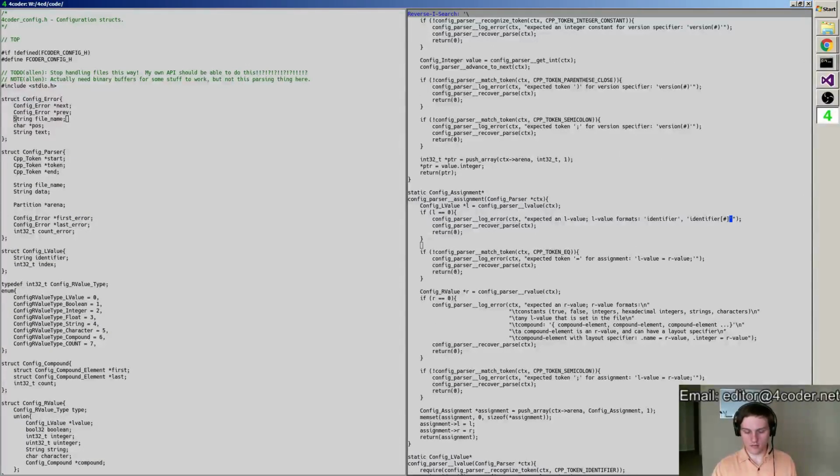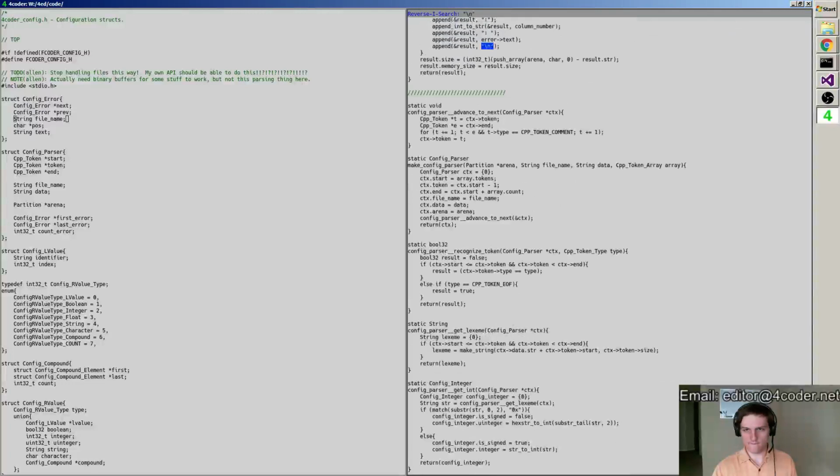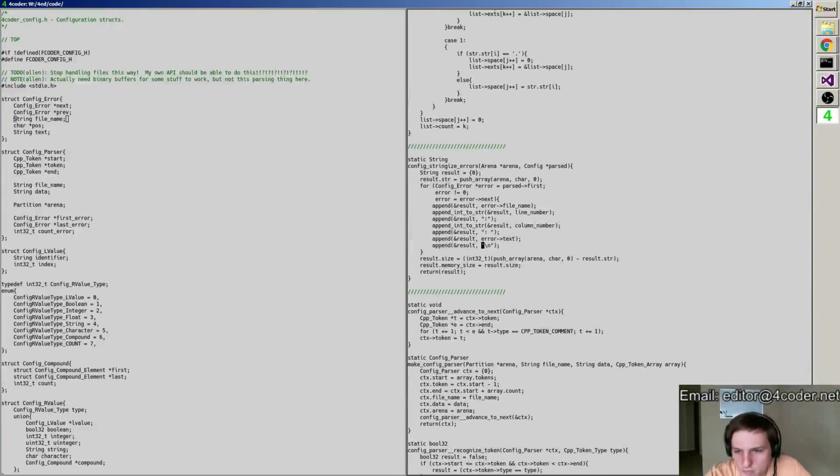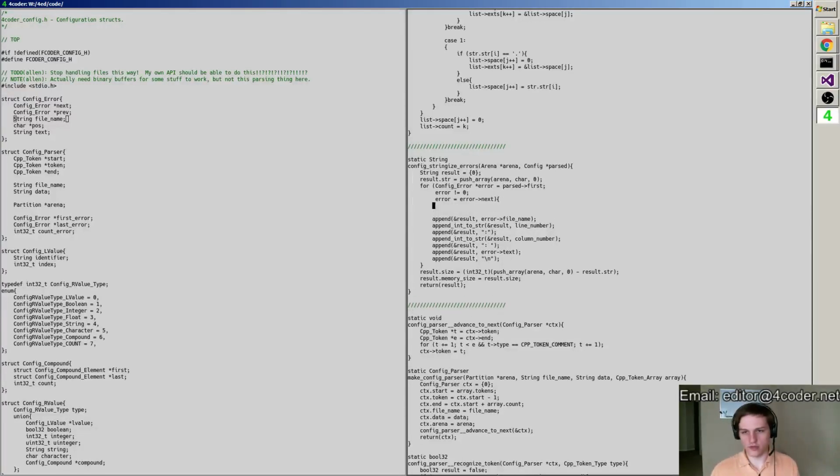Alright. So now the only problem is, where are we getting these line number and column numbers? Well, there's an easy way to do that, which we're going to do for now, which goes like this.